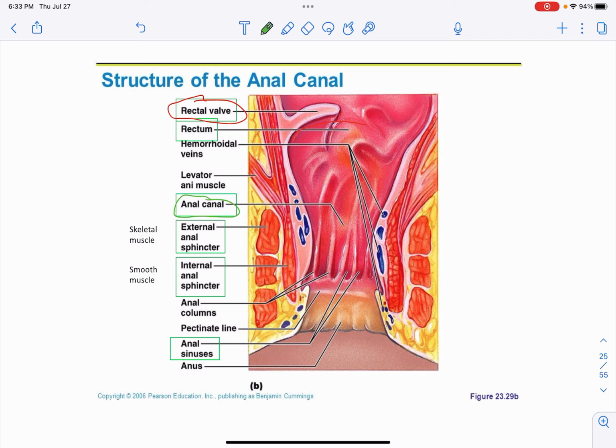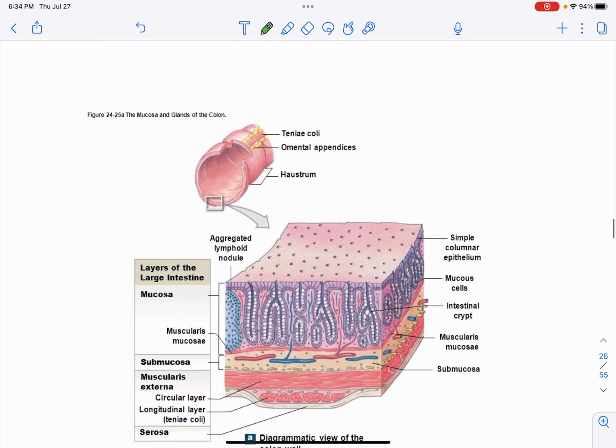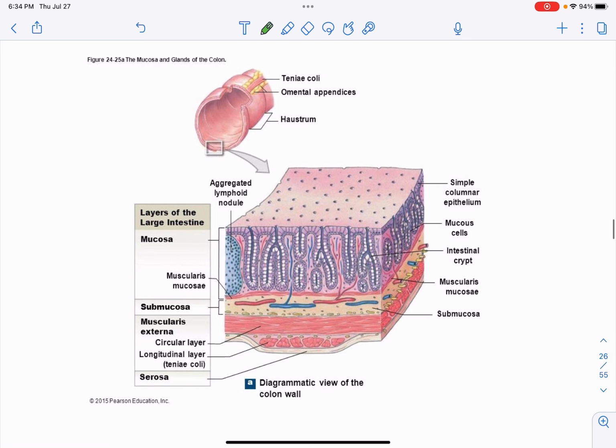And you can see that there are two sets of sphincters. You have the external anal sphincters here, here, and here. This is skeletal muscle. This is what we do control. We learn how to control this sphincter as toddlers. And then there's an internal anal sphincter, which is smooth muscle. This is under the control of the nervous system. There are a lot of anal sinuses here that are going to be releasing mucus into the area to help pass those feces. All right, so let's look at a cartoon of the histology, and then we will move on